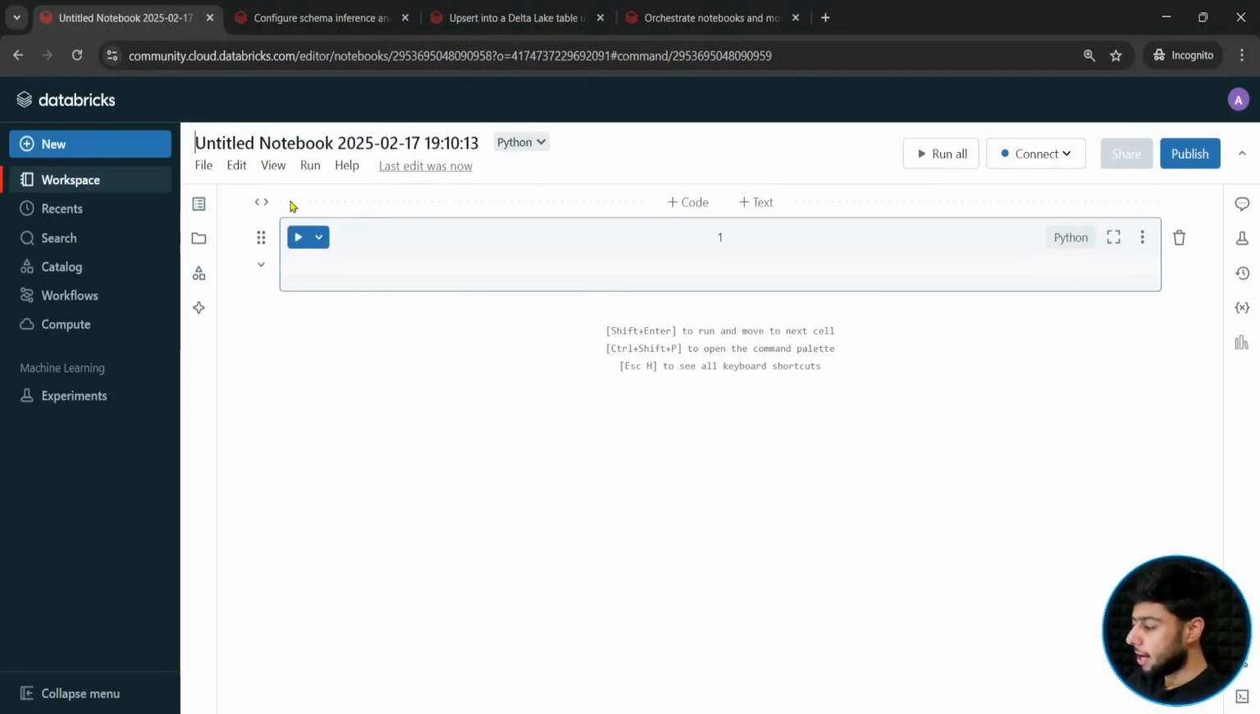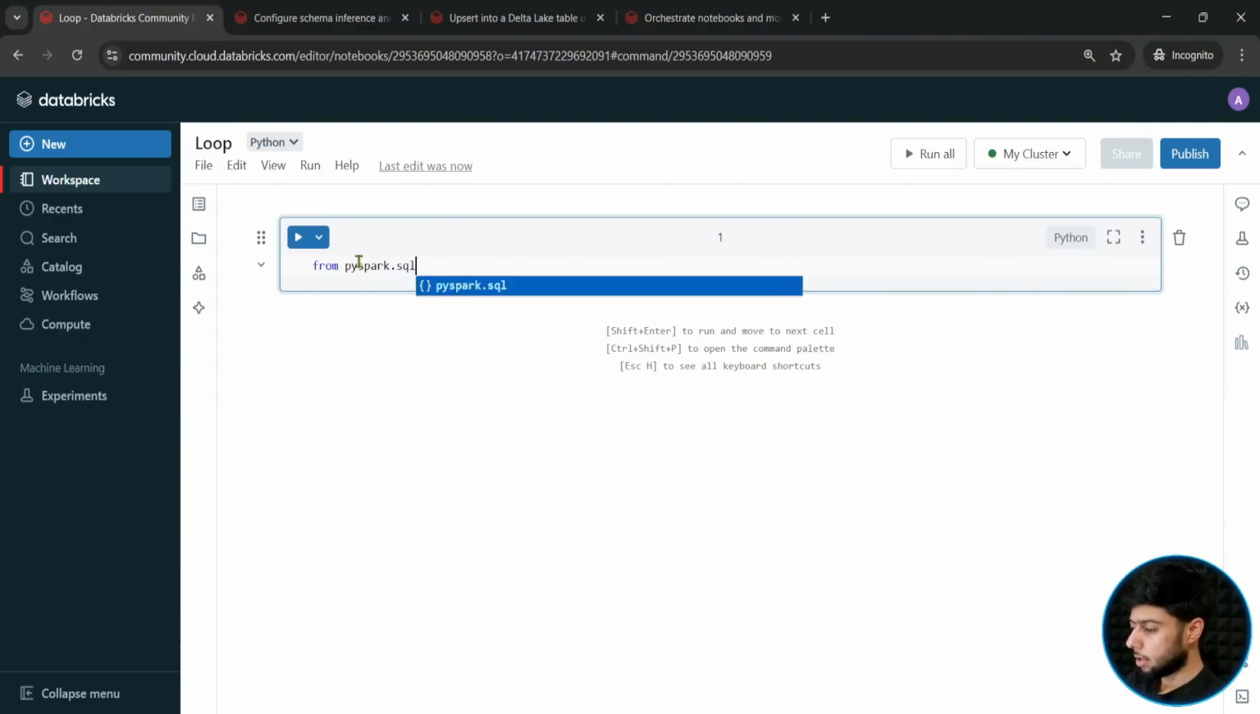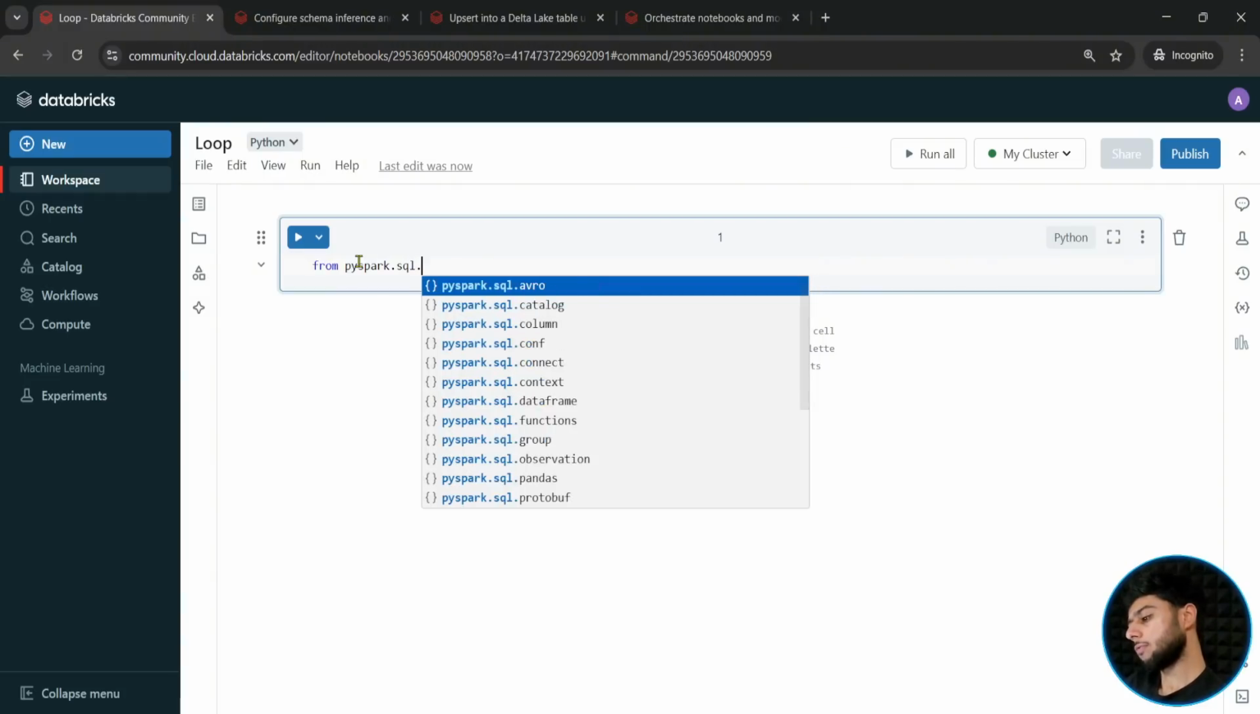So I have created a new notebook. Let me connect this notebook to the cluster, and I will simply write a loop, because we will be running a loop. First of all, we will import the libraries, pyspark.sql.functions,